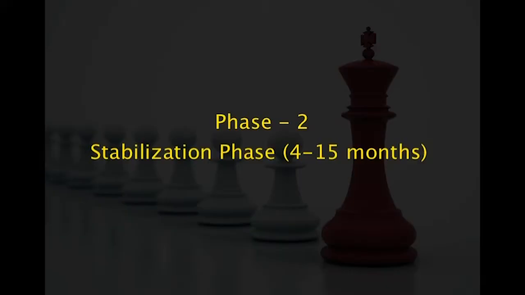Phase 2. Stabilization phase during 4 to 15 months. Under this, continue to attend their meetings on regular basis. Encourage members not only to save but also to start lending to their members for both productive and consumption purpose. Assist them with books and help them to write if they cannot write. Take up numeracy and literacy classes if possible.